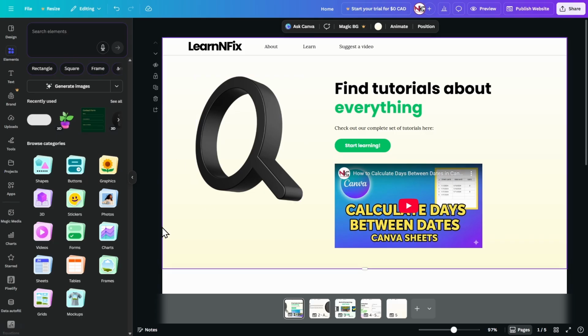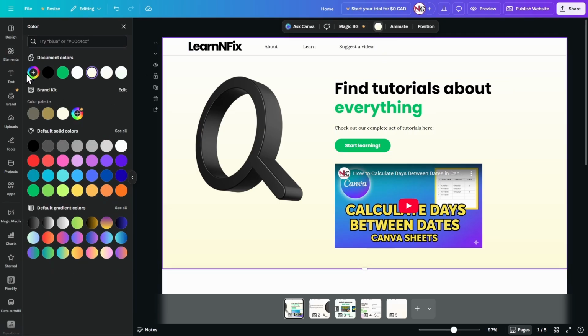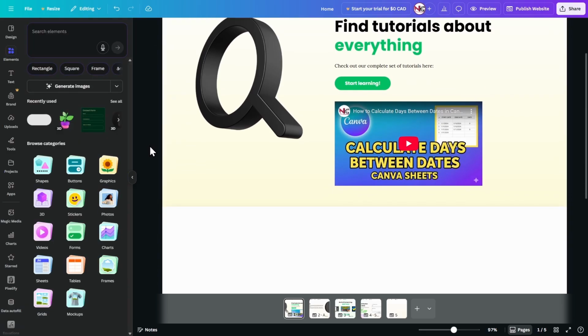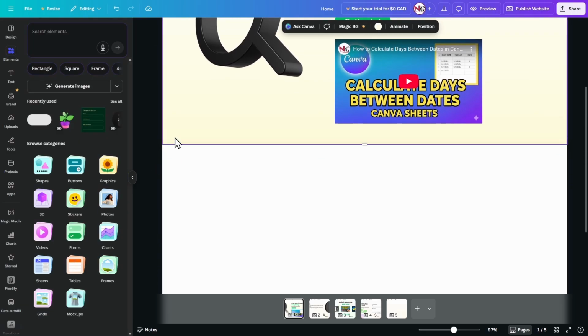To do that, just click on empty space in your first section, and then click on background color. And then over here, click on add a new color and then gradient. And now over here, I just chose this gradient as my starting gradient. You can choose anything. I'm going to exit out of this, and now we're going to just transfer this gradient